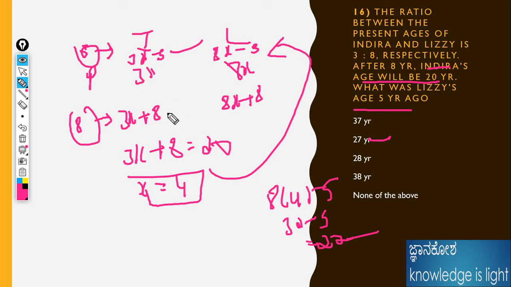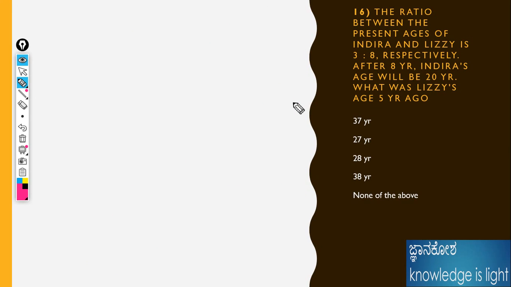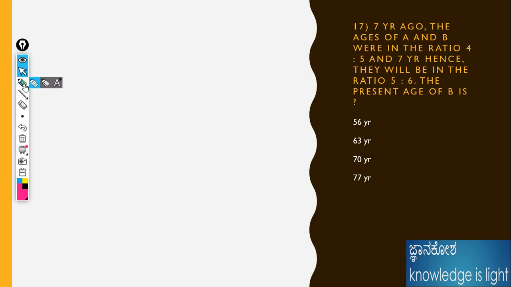If the question is asking about the present, or the past of 5 years ago: 3 into 4 minus 5, 3 times 4 is 12, 12 minus 5 is 7. Also in the rest, 5 years back. What is the present? 3 times 4 is 12, 8 times 4 is 32. This is the present. Like that, for one problem they will ask many questions. What the question is asking, that is the important thing. Understand? We need to analyze what the question is asking, and how we get the answer from the table is the way of getting the answer. Okay, fine. Next one, 17th one.